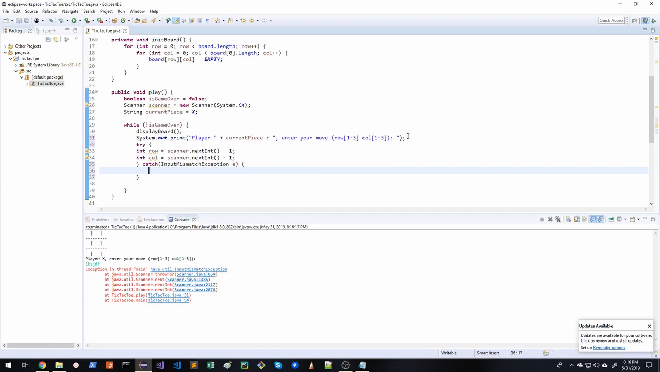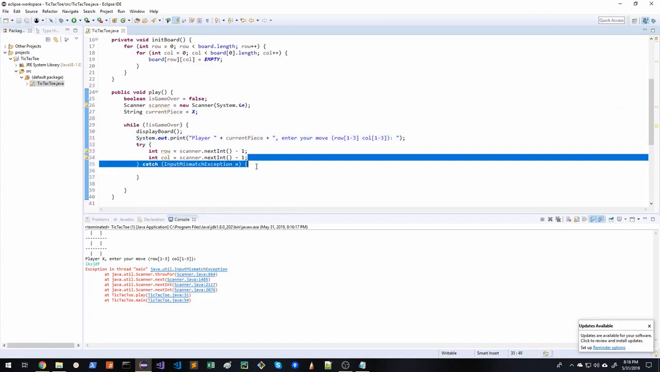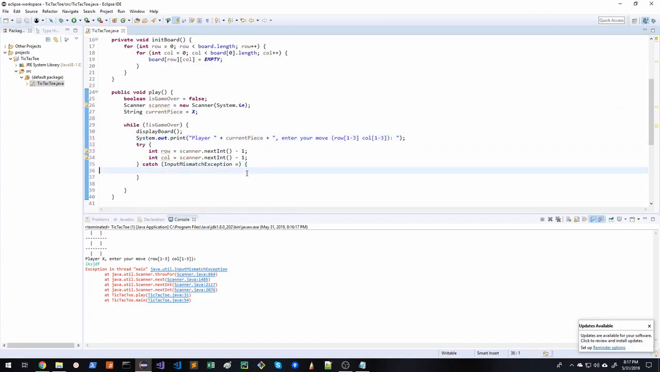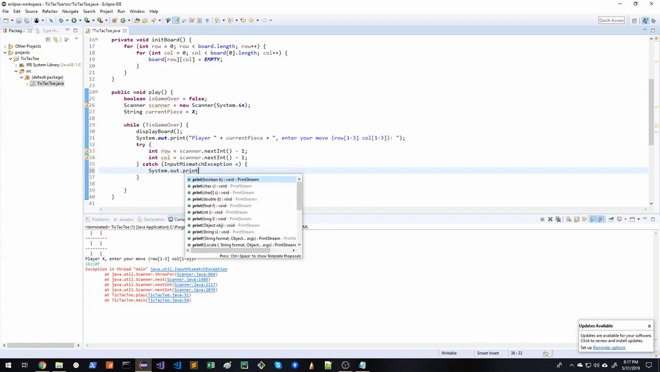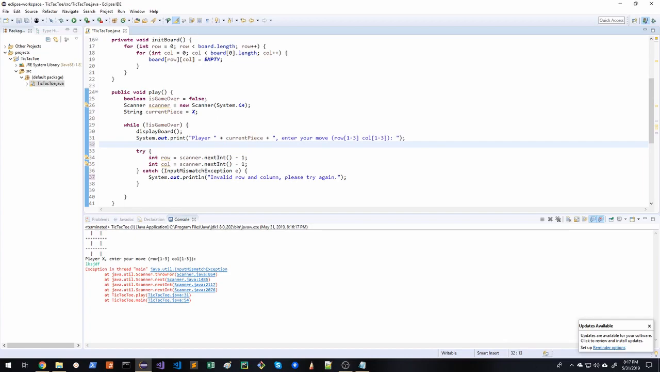Okay, so I'm going to say Control A, Control Shift F to auto format all my source code. Okay, so we're catching it. Let's say we caught it, and let's print out a message to the user that says something like invalid row and column. Please try it again. Okay, and then we'll come up here. So we got this, and then